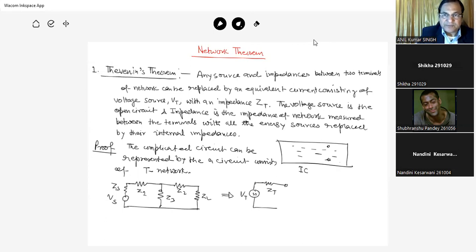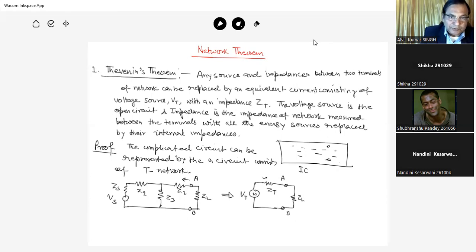circuit, ये open circuit हो गया, this point is open circuit, and impedance is impedance of the network measured between the terminals with all the energy sources replaced by their internal impedances। तो यहां से ये जो पॉइंट है, this is the open point, से A point and B point जिस पे लोड लगा है, ये ZL is the load attached with this point A and B। तो AB के पहले ये जो इम्पीडेंस है, सारे इम्पीडेंस को हम कंबाइन करेंगे और वो कह देंगे that is ZT। ZT एक इम्पीडेंस हो, ठीक है। और ZL एक लोड रेजिस्टेंस, लोड इम्पीडेंस जो पहले से चला आ रहा।